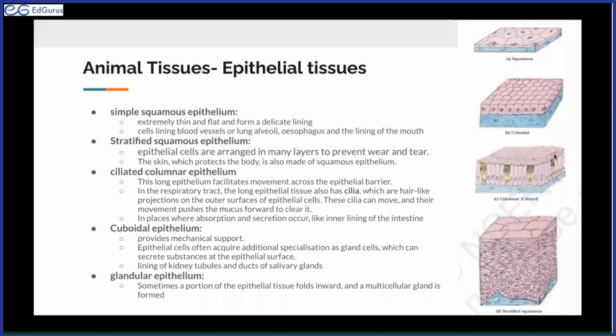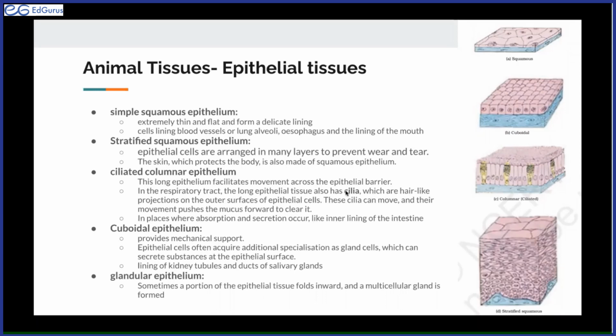Okay, so imagine that we have mucus in our mouth, okay, and we need to move it. So if it was a normal epithelial cell, it would get stuck, right? It will get stuck on top of this layer. But because we have cilia, these hair-like projections on top of this epithelial tissue, that means anything that is stuck on this layer of tissue can move around through these cilia. So it facilitates the movement of things through the epithelia and also on top of the epithelia.